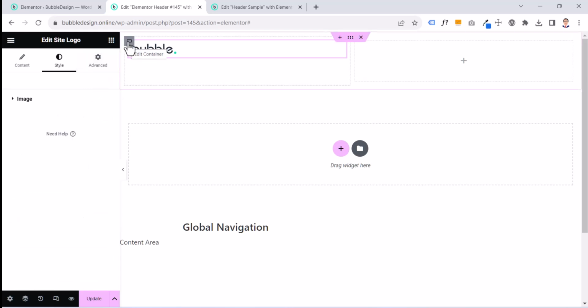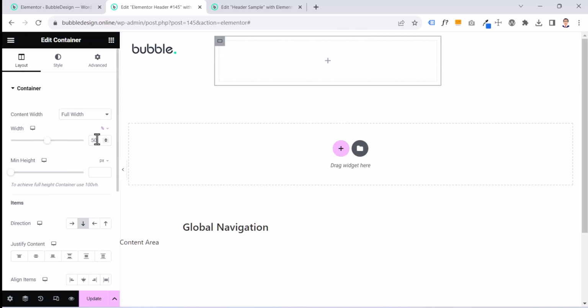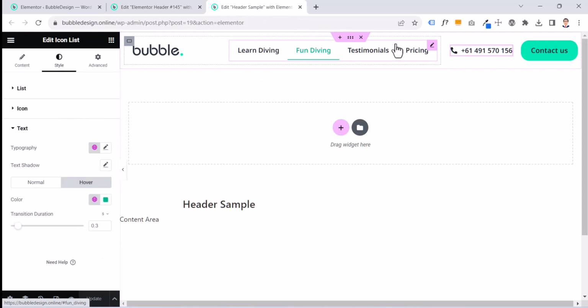And you can change the width of the sections here. We have 2 sections, as you see. The logo doesn't need that much space, so I'm going to change it to 20% for now, and this one to 80%, so it covers the width of the whole page. What was the next one? The next one is